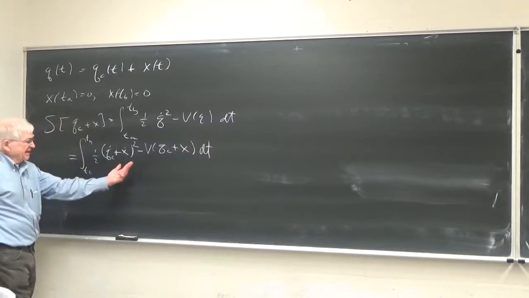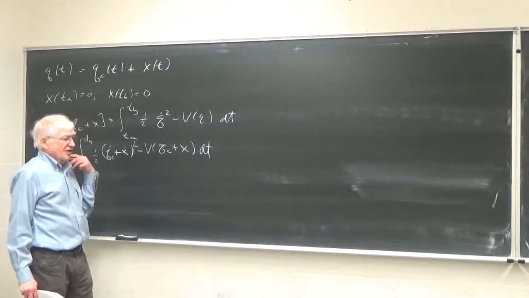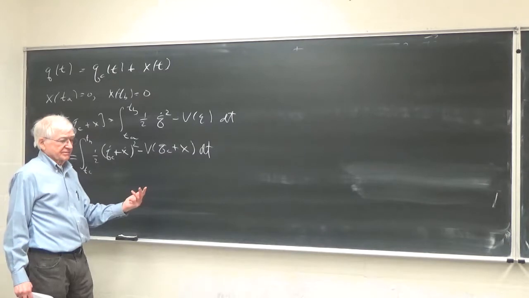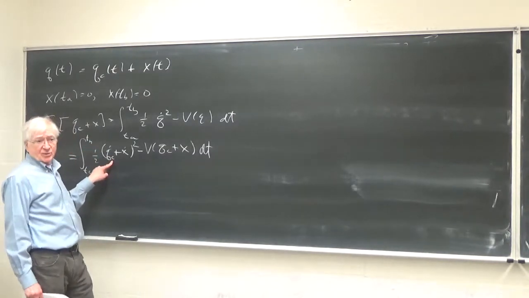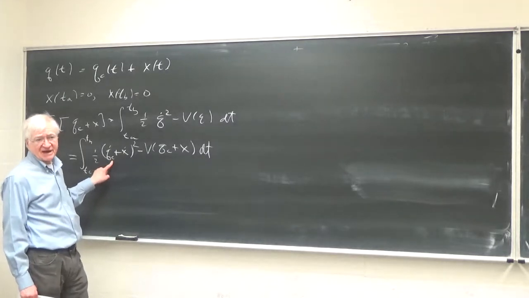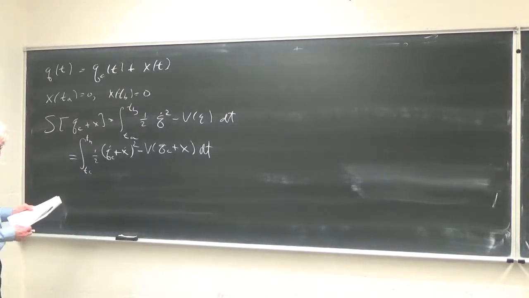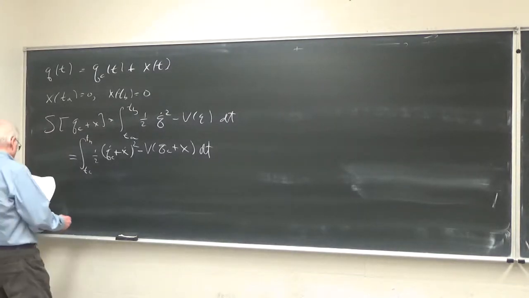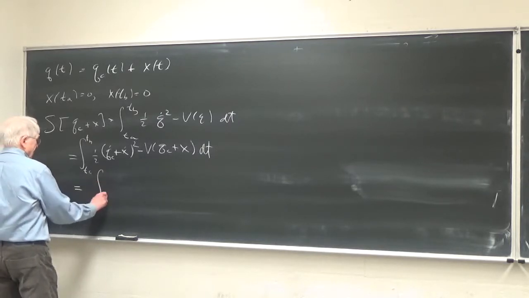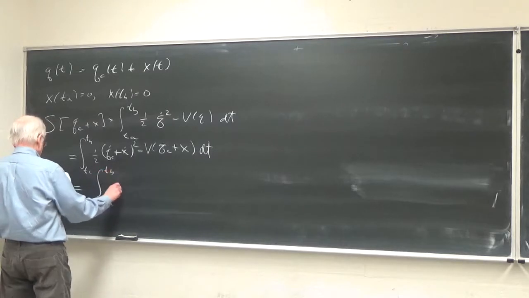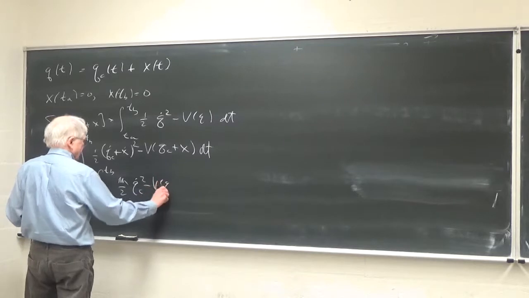And now when you expand this in powers of x and x dot, you can throw away the linear term in x, because q_c is a classical path, where I'm assuming that a classical path exists to get us from q_a to q_b in the time interval in question. And so what we get then is the quadratic part, the integral from t_a to t_b of m over 2 q classical dot squared minus V of q classical